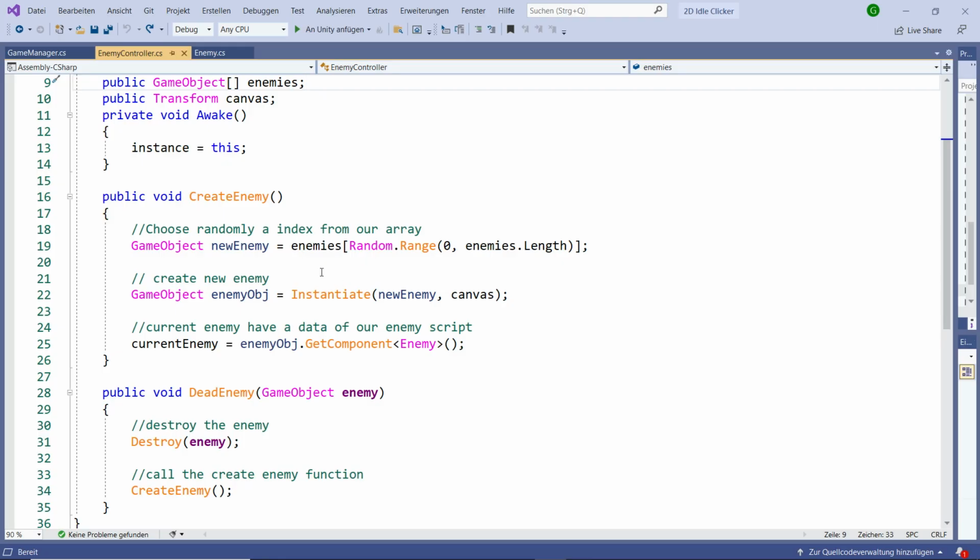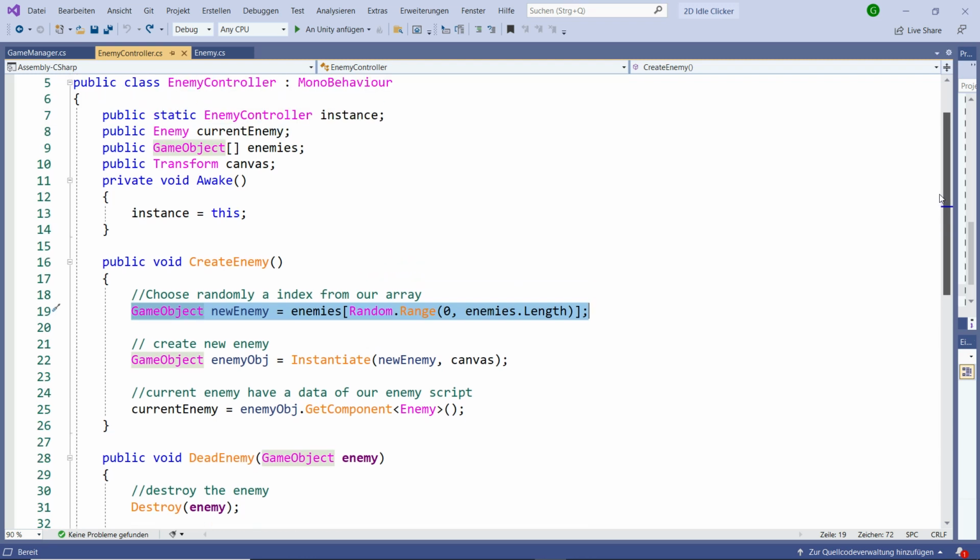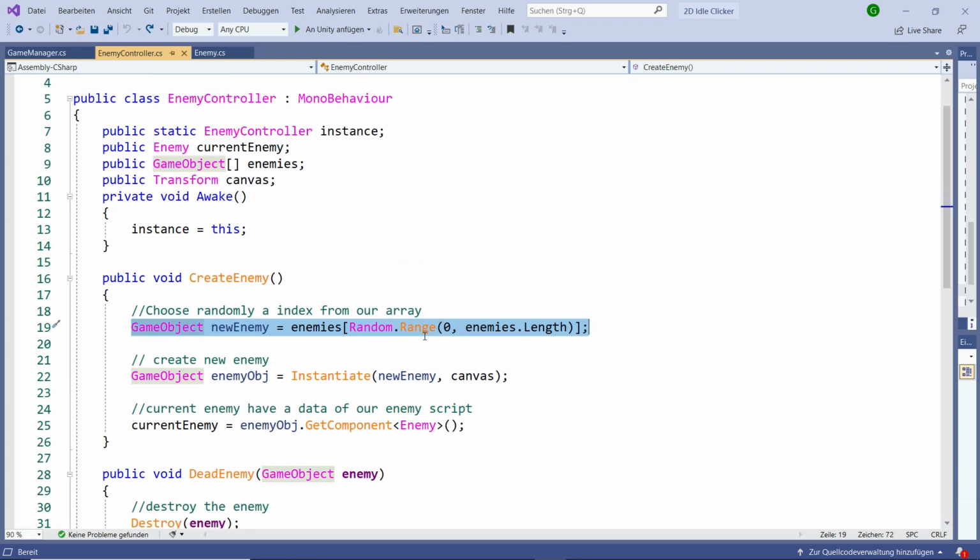So now in this part, guys, we are going also to make a boss. For making a boss, before, we were randomly instantiating enemies. So we can also make a counter, and when we reach that counter, instantiate a boss. But the easiest way that we can do it is that instead of randomly instantiating our enemy, we are going to just make it the